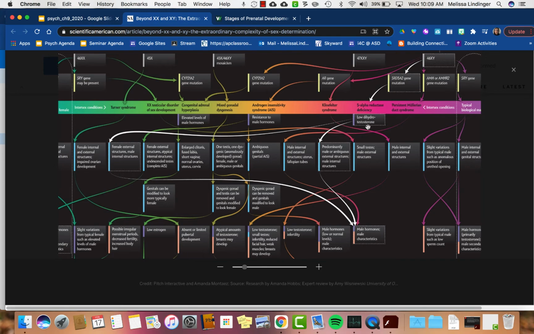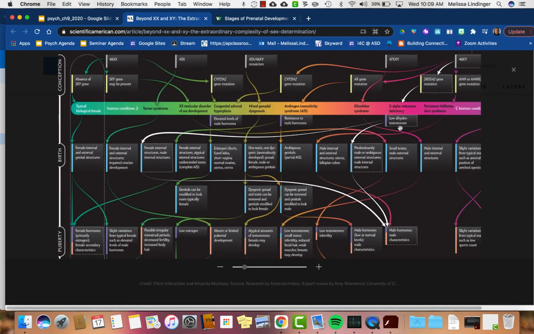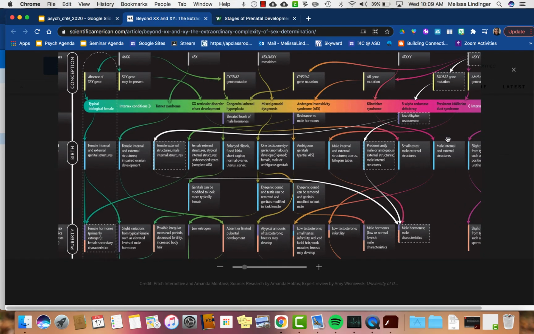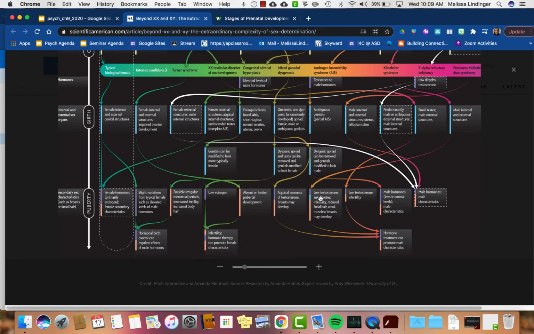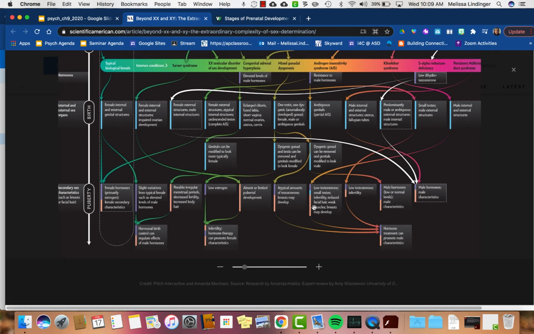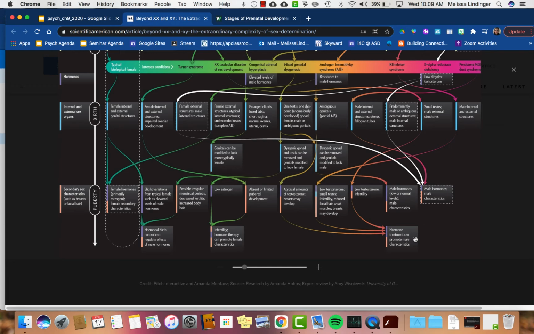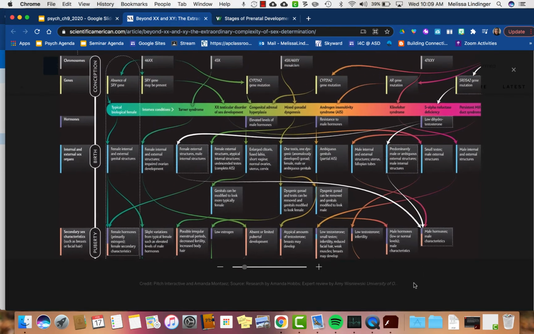An individual with Klinefelter syndrome at birth will exhibit both male internal and external structures, but then during puberty, when we have the development of secondary sex characteristics, because of the presence of low testosterone, there will be small testes, infertility, reduced facial hair, weak muscles, breasts may develop. This can be treated with hormone therapy to promote male characteristics if the person chooses. But Klinefelter syndrome is just